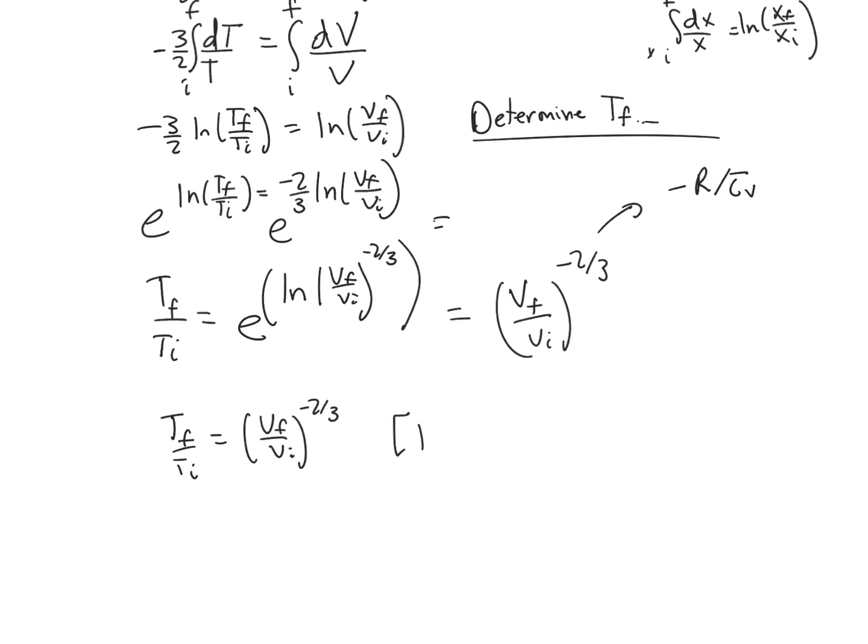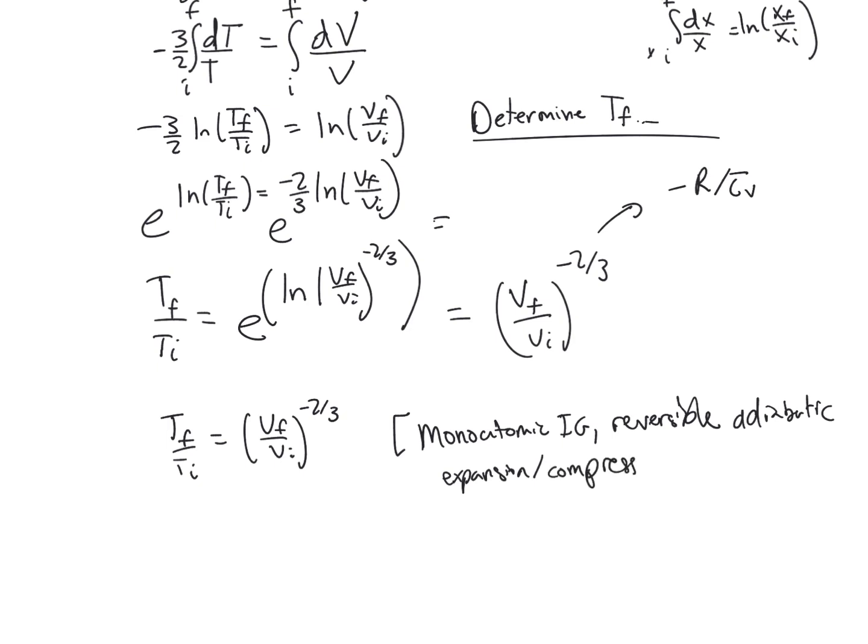And this is for a monatomic ideal gas during a reversible adiabatic expansion or compression. Okay, so this one was sort of a lot of math to go through, but it's a nice fourth type of process. We'll see that these adiabatic expansions and compressions are quite